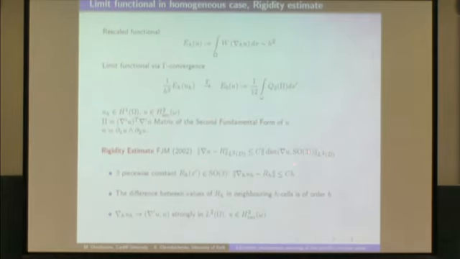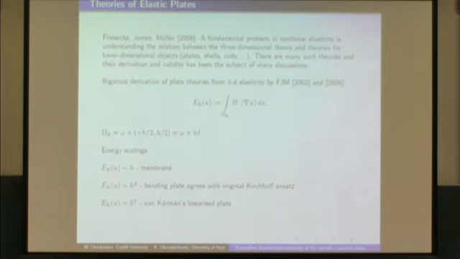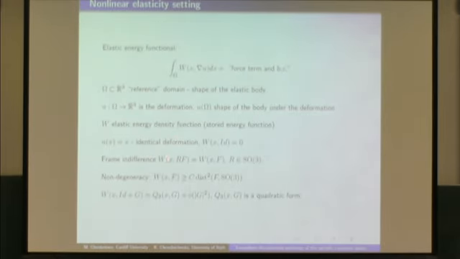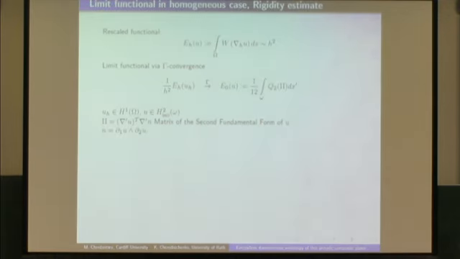It tells you basically that if the elastic energy density is small, then the distance from the gradient of deformation to the group of rotations is small, because we have this assumption here, right? So if the density is small, this distance is small. But then if the distance is small,